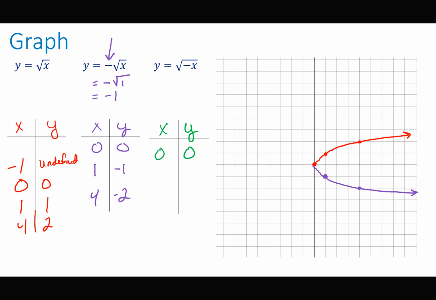But now, if I chose, say, 9, that's saying I'm going to take the square root of negative 9, which isn't possible. So my domain now is restricted. I actually have to input negative numbers. So positive numbers are not in the domain of this function, positive x values. So if I put in negative 9, that tells me I have the square root of a negative times negative 9. So that's really square root of positive 9, which is 3. So negative 9, 3